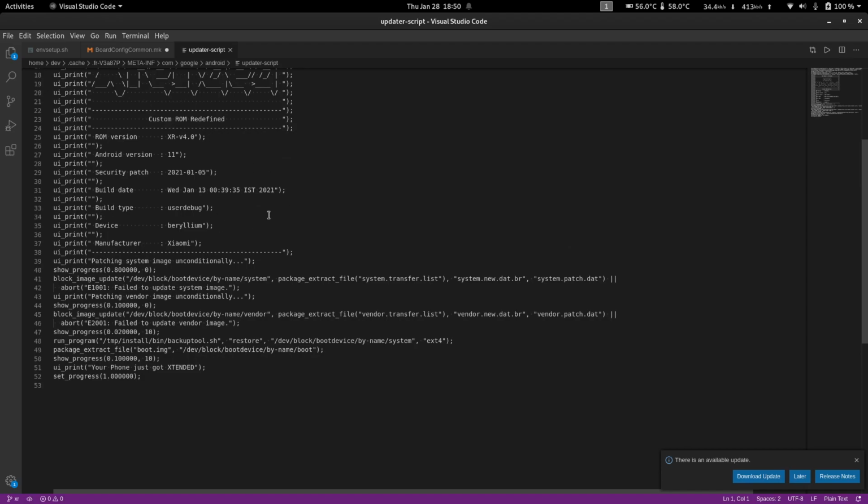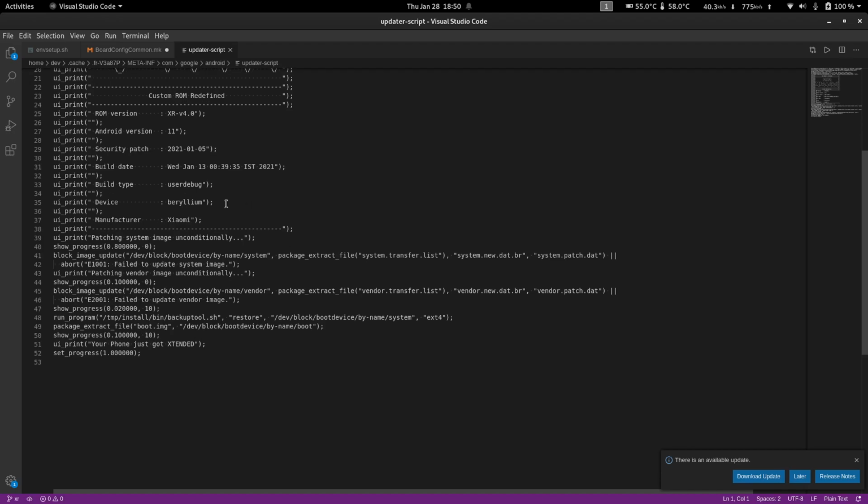So you need something called a custom recovery. I'm not sure if you have ever booted into the recovery of your phone, but on all phones there's a hardware key combination that helps you boot into the recovery. You need a custom recovery in order to flash or install ROMs. This custom recovery helps you to wipe your current operating system files, the system files, the vendor files, and all that stuff.